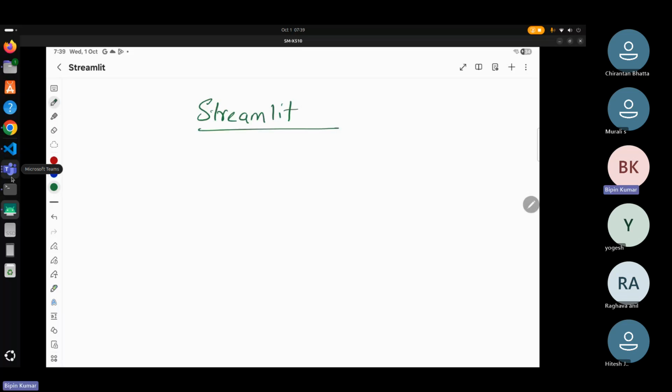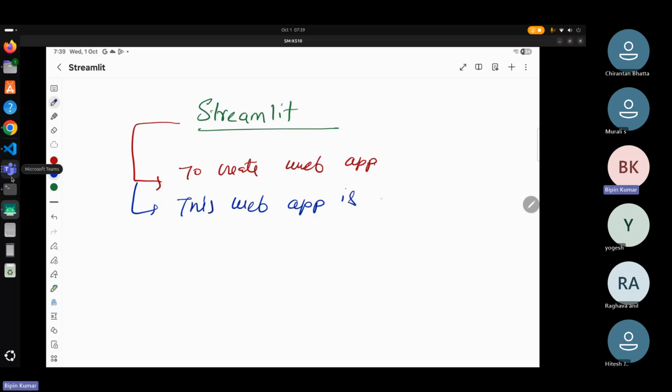Streamlit is basically a Python library which is helpful to create web apps. And this web app is mainly used for